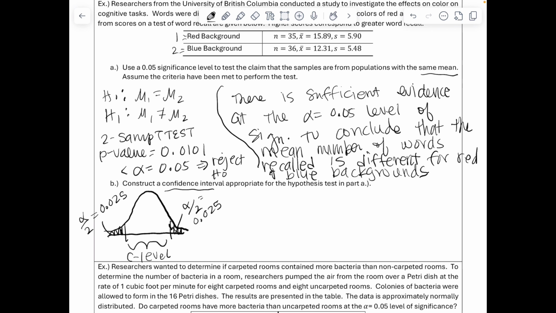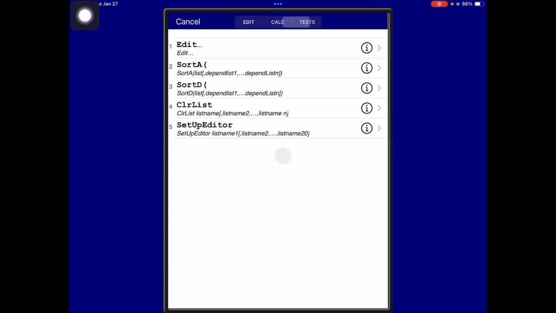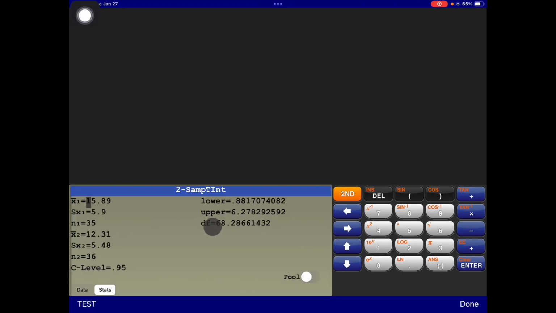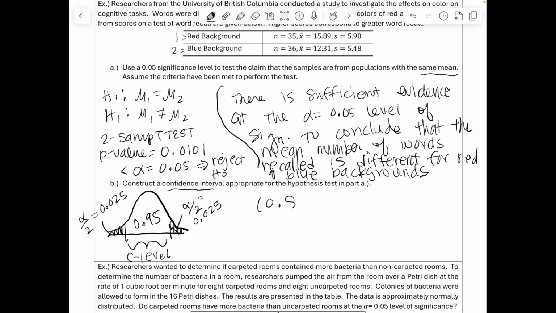And that means our C level that we would have, again, you get that by doing 1 minus each of those tails, and we get 0.95. On your graphing calculator, you're going to go to Stat, Test, and then 2SampTInt. From here, you need to enter in all of the data that you have. Select your confidence level, which should be 0.95. And then from here, you should get an upper and a lower bound. From the graphing calculator, we get a confidence interval of 0.882 for our lower bound and our upper bound of